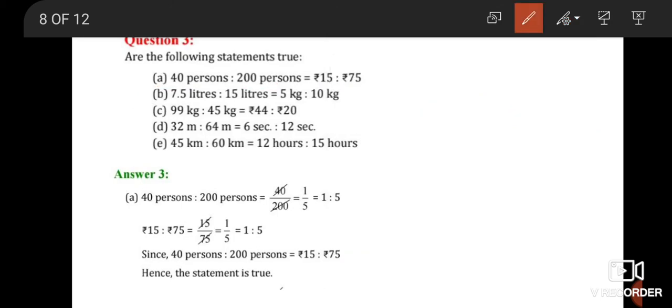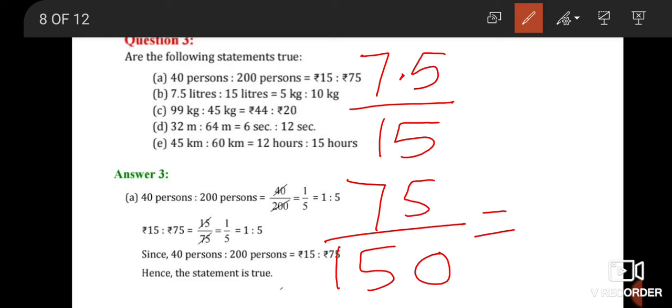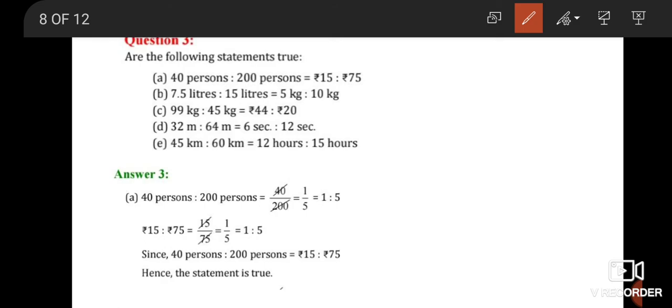ओके. सेकेंड पार्ट ऑफ दिस क्वेश्चन, 7.5 लीटर रेशियो अपॉन लिख दे रही मैं 15. सो व्हेन यू रिमूव डेसिमल आफ्टर 1 digit फ्रॉम द न्यूमरेटर, you will increase 1 0 in the denominator. So 15 become 150. Now you will find its ratio. So 75, when you reduce them by the table of 15 and 5, you will get 1:2 because 150 is twice to the 75. Similarly, you find the ratio of 5 and 10, then again you get 1:2. So this statement is also true.